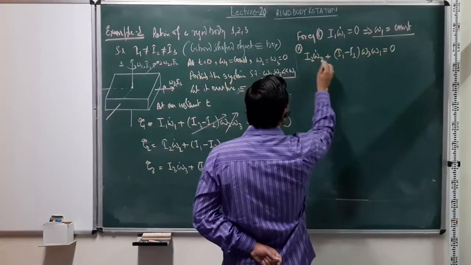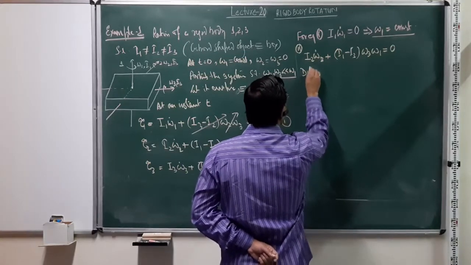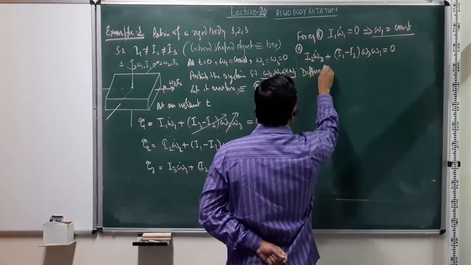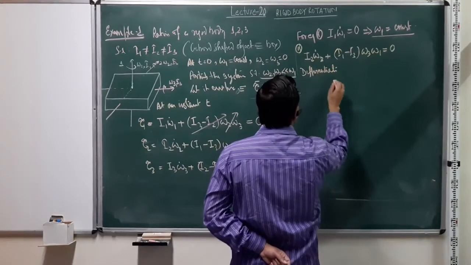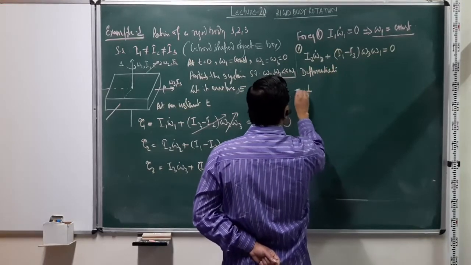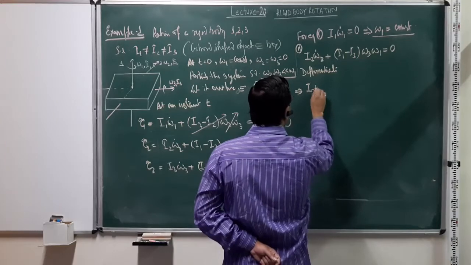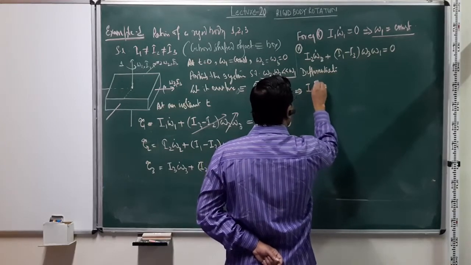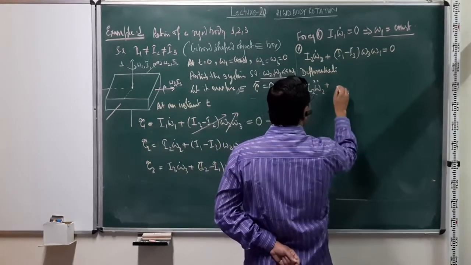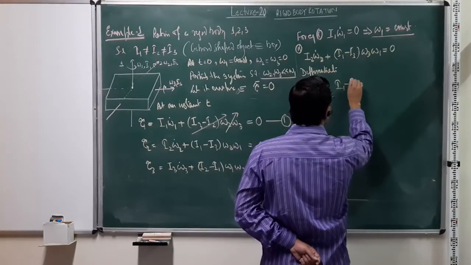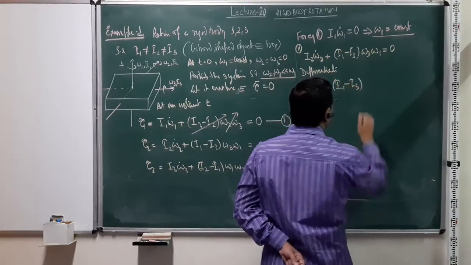So what we can do is differentiate this once more, so we'll get I2 omega 2 double dot plus I1 minus I3, this is a constant,